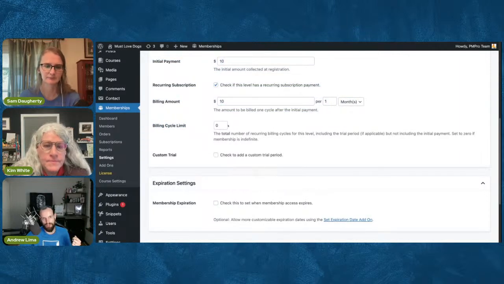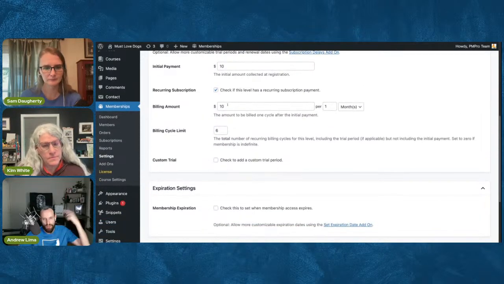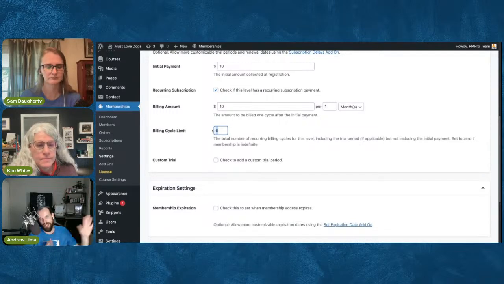That is where, if you set this to 6, it's going to say, okay, we charge $10 now to check out. Then we're going to start counting the recurring payments. So after a month, we charge $10. That's charge 1, and then it'll go on for 6 months. Then when the 6 months hits, the payment gateway just stops charging the customer, and they do not lose their